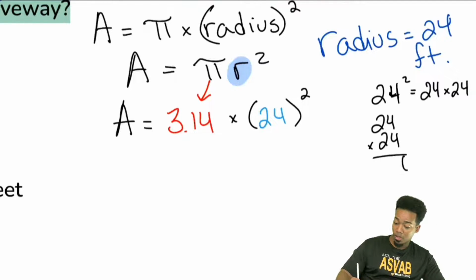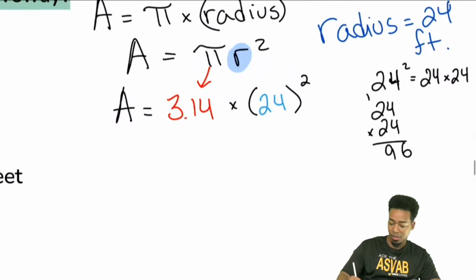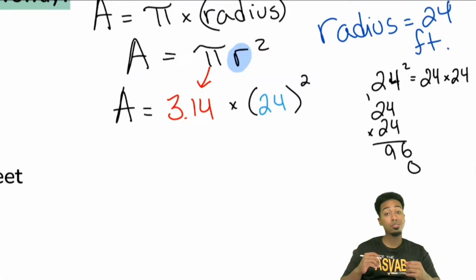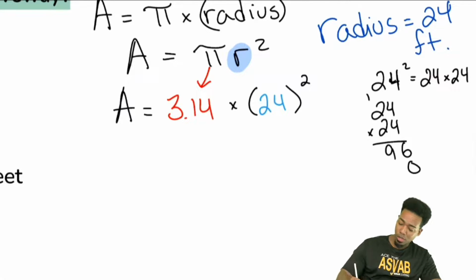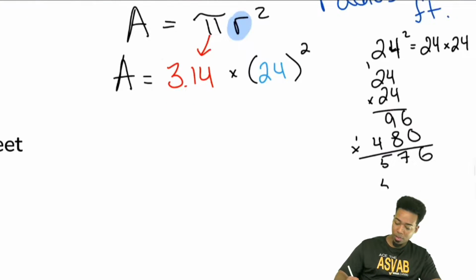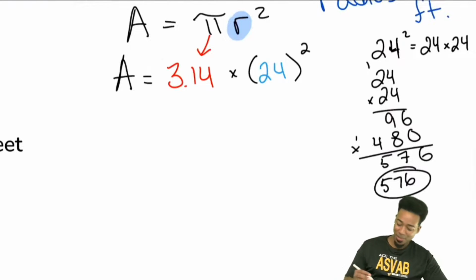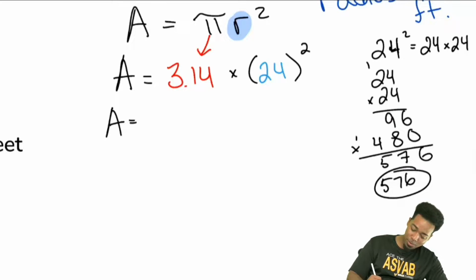4 times 4, that's going to be 16. Then 2 times 4, that'll be 8. Carry the 1 is 9. Next line, we'll plug in that 0, and we'll do the same thing again. 4 times 2 is 8. And then we have 2 times 2 is 4. Boom. 6, 0, 6. 9 plus 8 is 17. Carry the 1 is 5. So that looks ugly, I know, but that's 576. It's lazy writing on my part. Sorry about that. But now we can say area equals 3.14